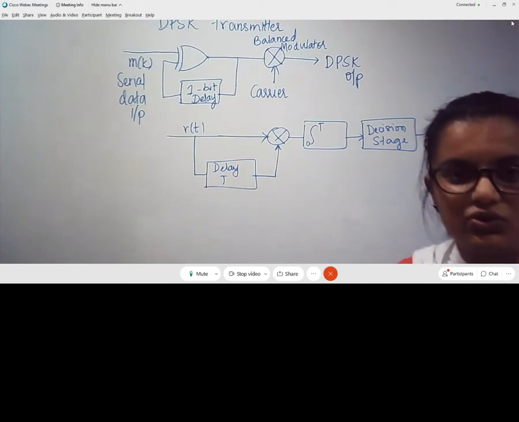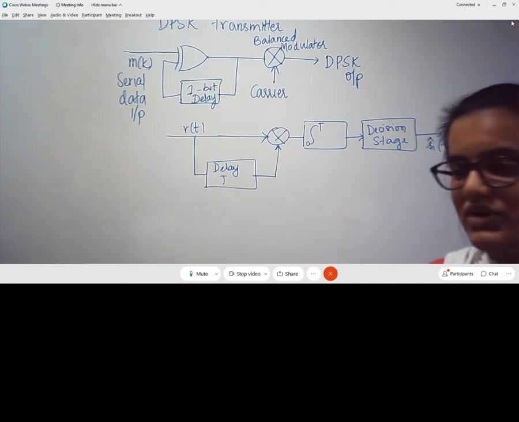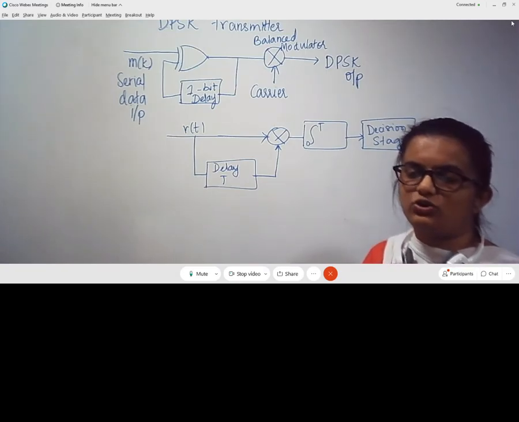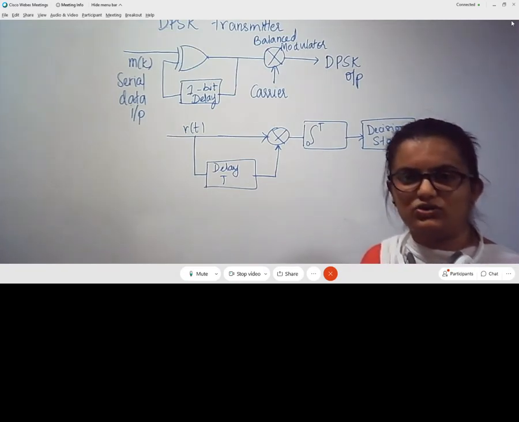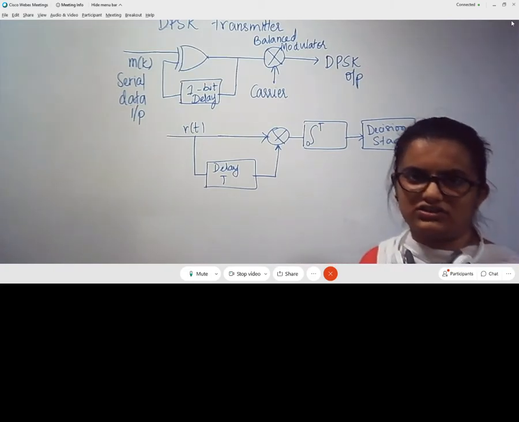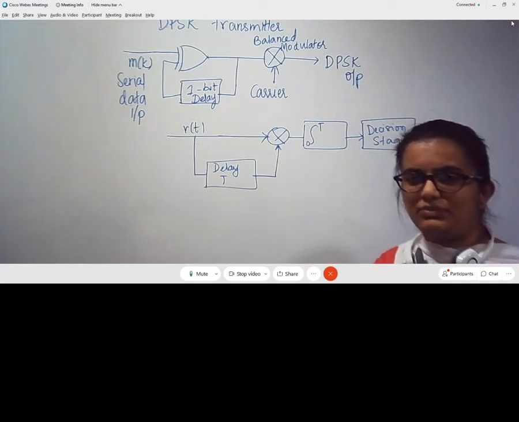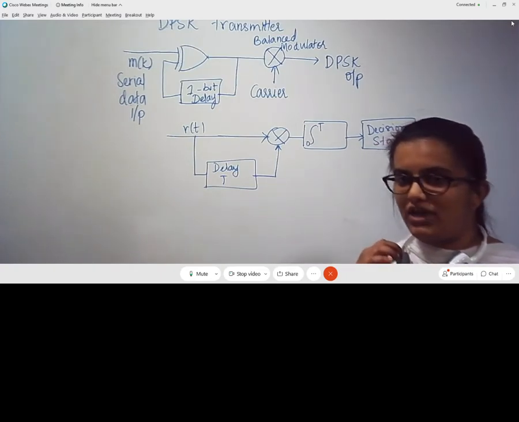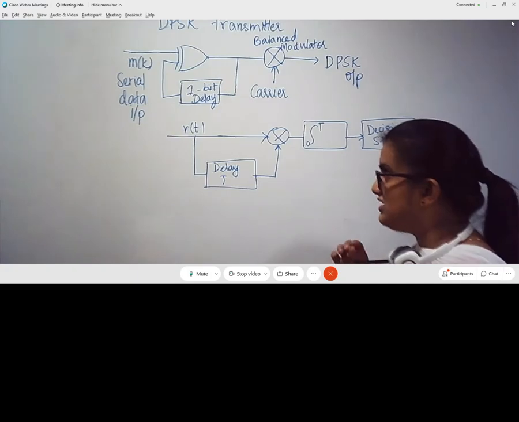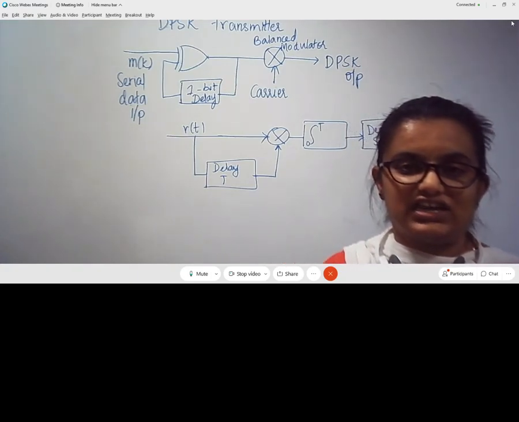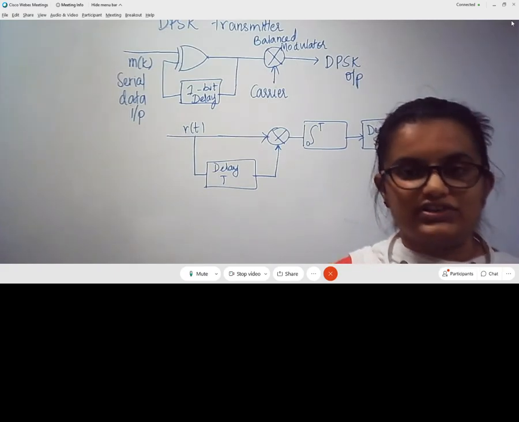So why we are going to do this process? Because in PSK itself we know that we are going to assign the phases to ones and zeros, and then we are directly modulating it. Then why do we require this differential phase shift keying? The basic necessity, please listen, the basic necessity for making use of DPSK is the reason that I need not have to know the instantaneous phase of the carrier. That is the first reason.